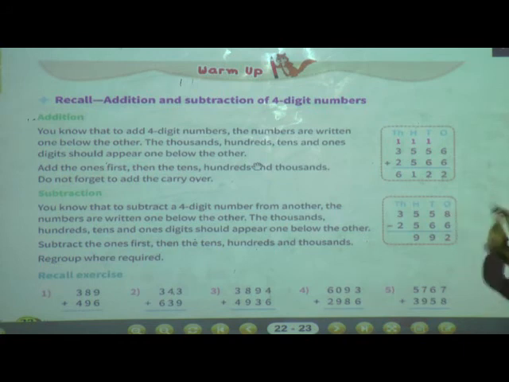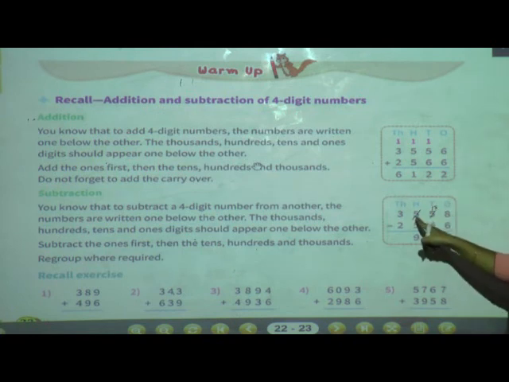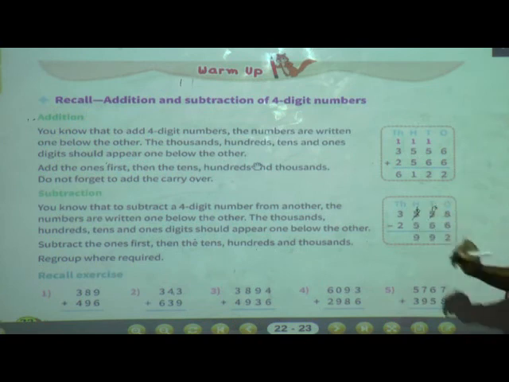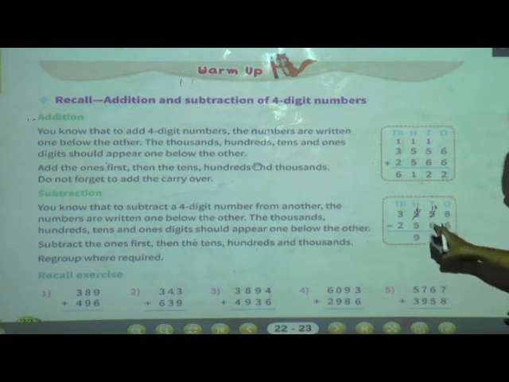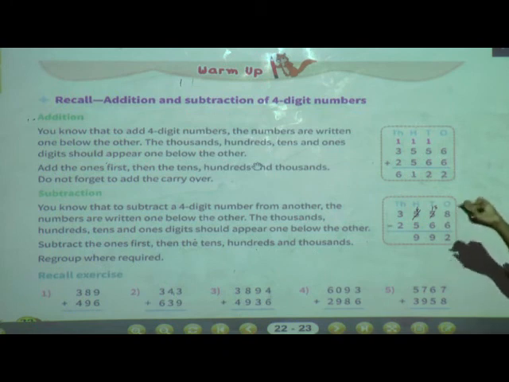Now we will see this subtraction. 8 minus 6 we can subtract easily, so the answer is 2. Then next, 5 minus 6. 5 minus 6 we cannot do. So just cut the 5, write it as it is and take a borrow from the neighbor. The neighbor has 4, he will give 1, 4 will remain. Now 15 minus 6. Now we don't have 15 fingers, so what you have to do is count from after 6 till 15 comes: 7, 8, 9, 10, 11, 12, 13, 14, 15. So total 9.